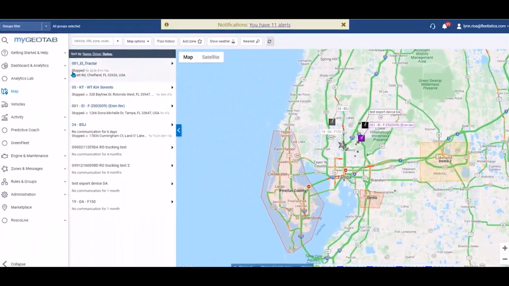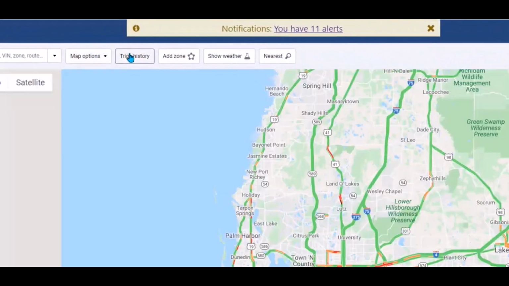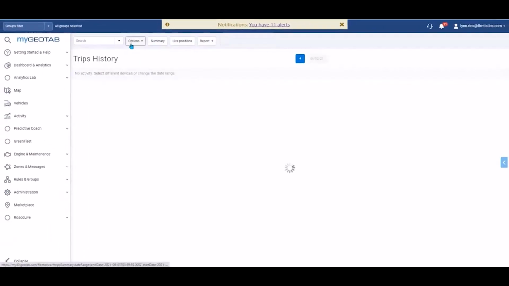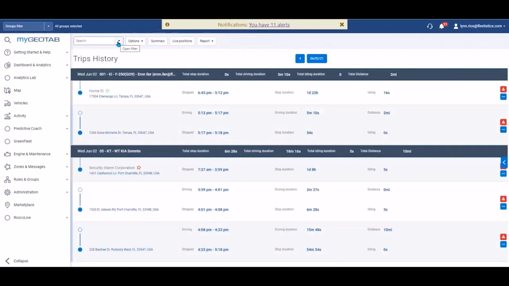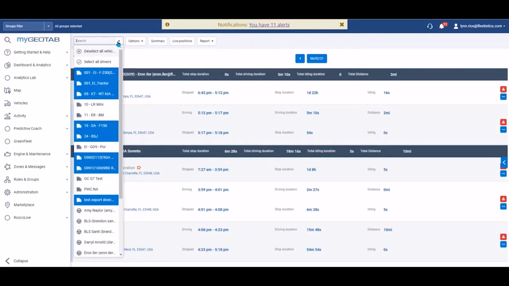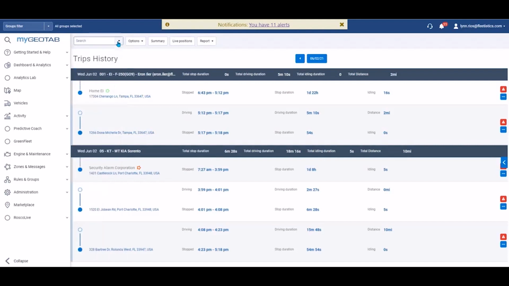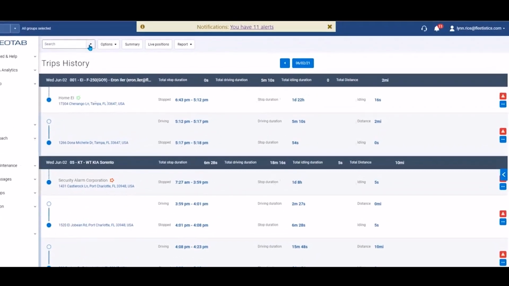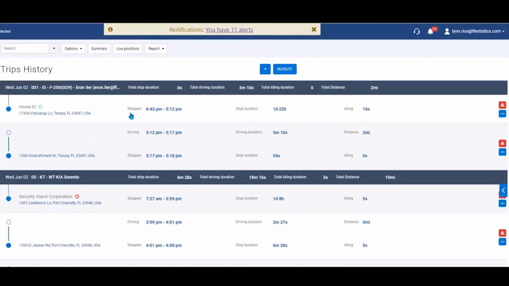Now turn your attention to the trip's history button. By clicking this, all the vehicles that you had selected on the map will populate their trip up until the current time. You can see how long a vehicle has been stopped, the idle time, drive time,